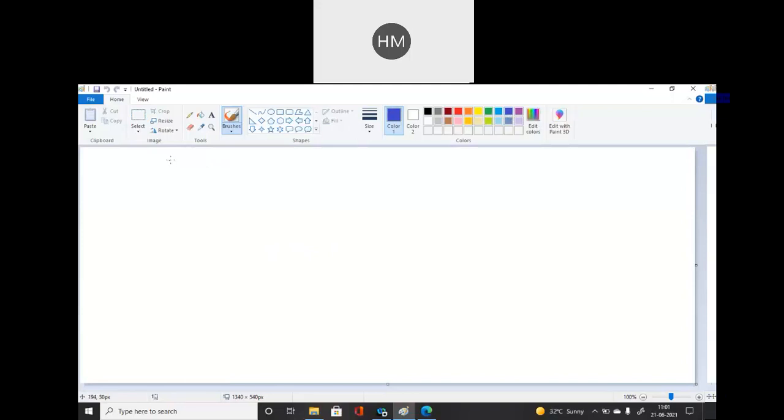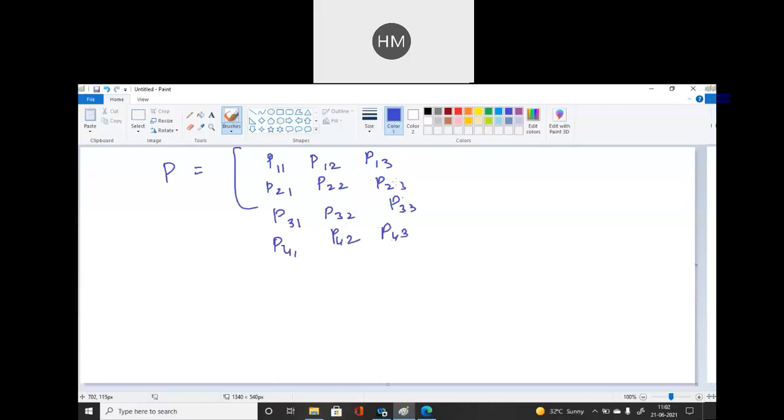So here, what I will do now: C is given to you. Now I will find the P matrix. The P matrix is given by this; you can write down the exact sequence, which is very important over here. This is the matrix given to you. Now what is the solution?